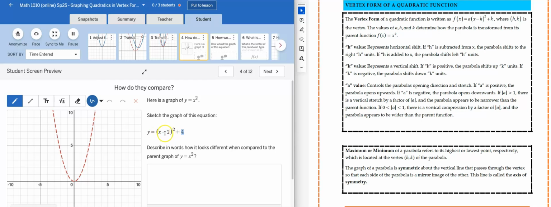So if it's inside something, then you're kind of doing the opposite of what it looks like. So that means our vertex is going to be, we're going to go right 2 and up 4. So my vertex is here, right? And then my A is in front of this, but there's an invisible 1 there, right? If there's no number in front of that parenthesis, then that means it's 1. And so you can use that to help you get the shape of the graph a little bit,